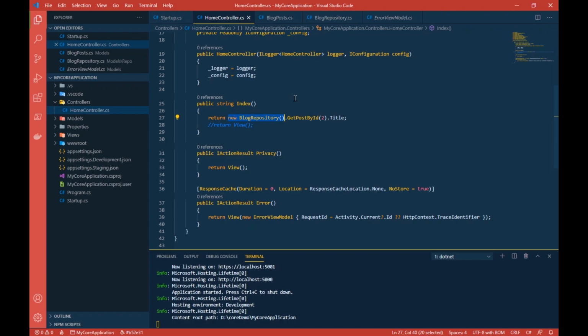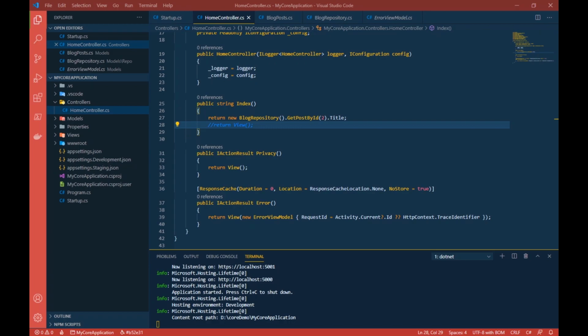If you keep on doing this for your entire application, your entire application will be very tightly coupled, and it will be very hard to do modular changes in your application or to do unit testing. Now how can we overcome that?